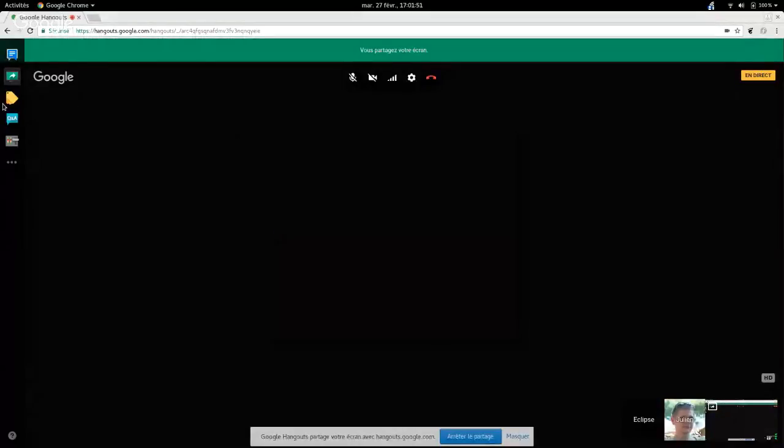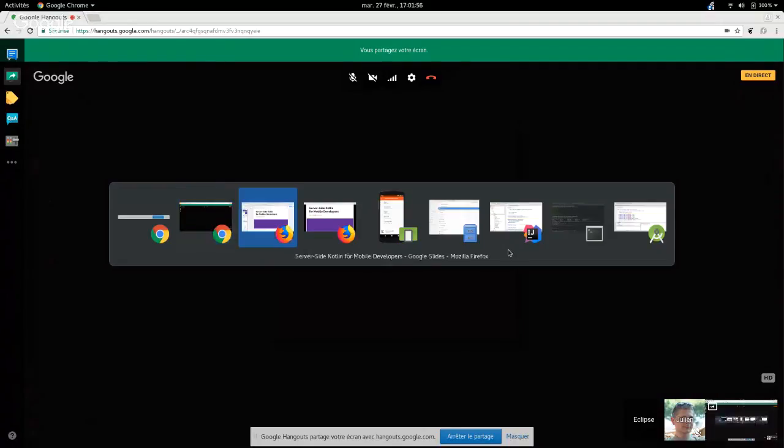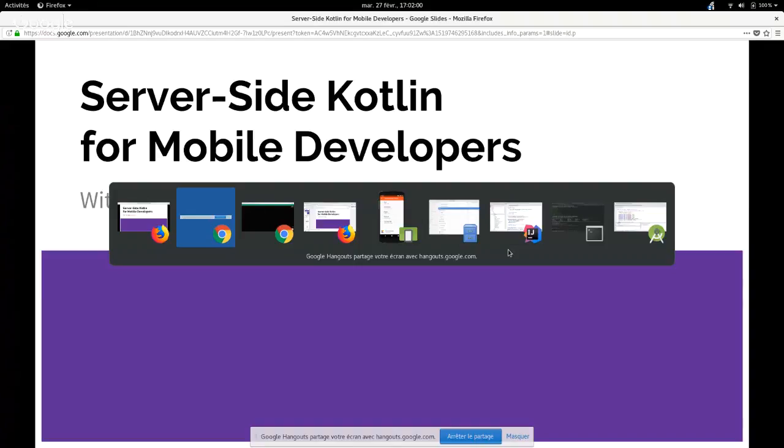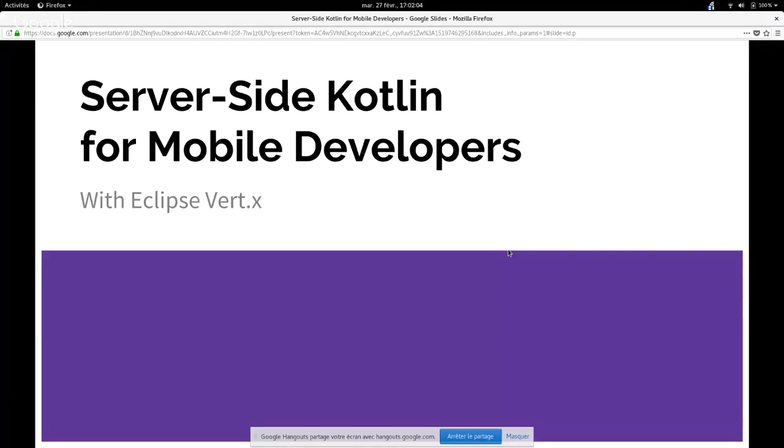So we have been thinking about how it can help mobile developers building backends. Is everyone able to see my screen? Yep. Okay. So